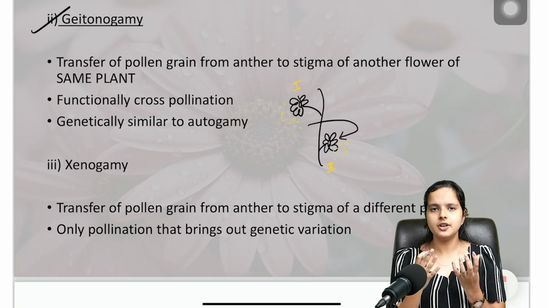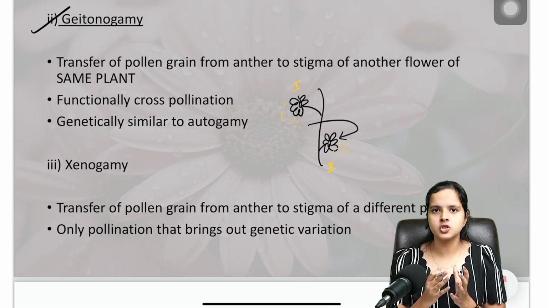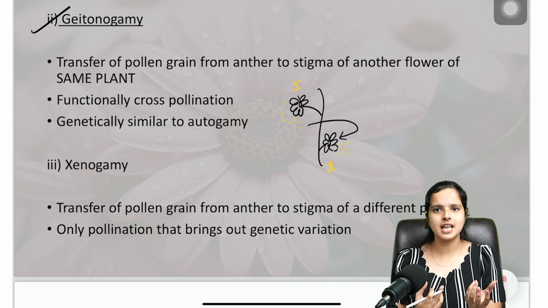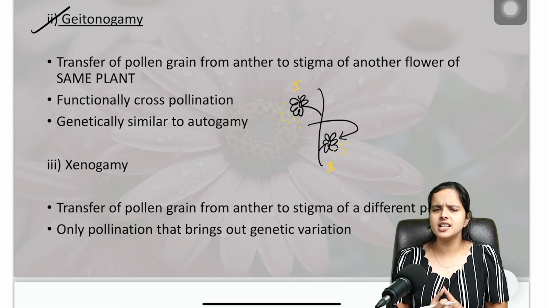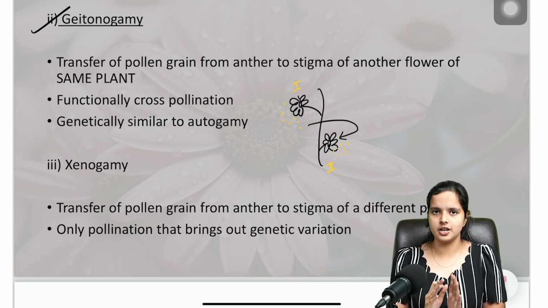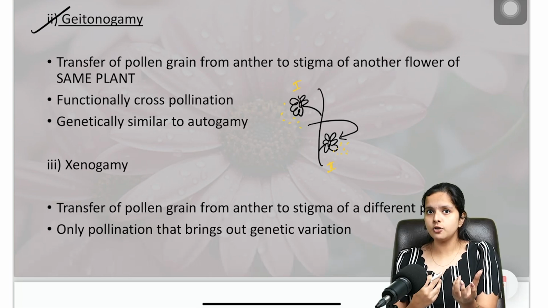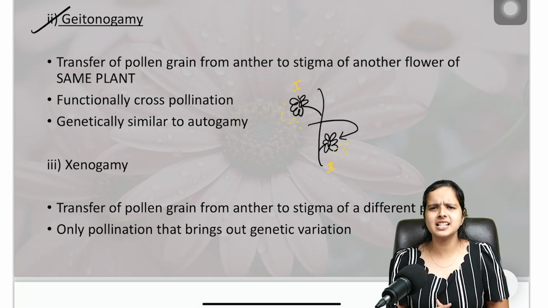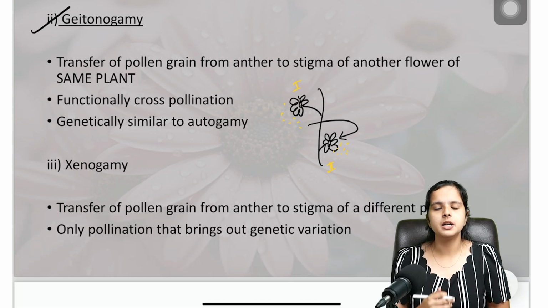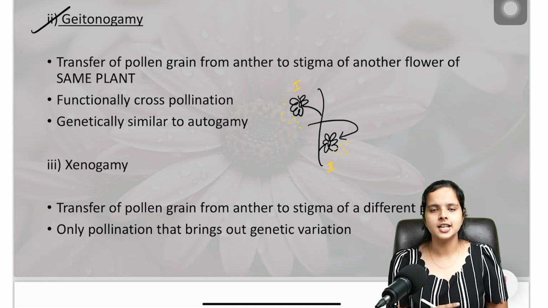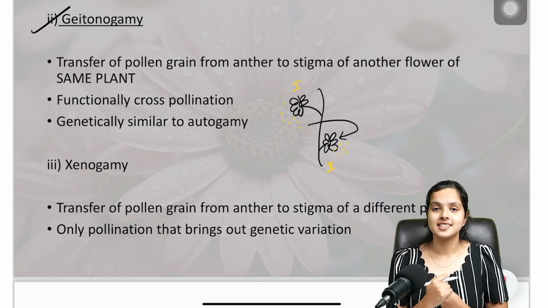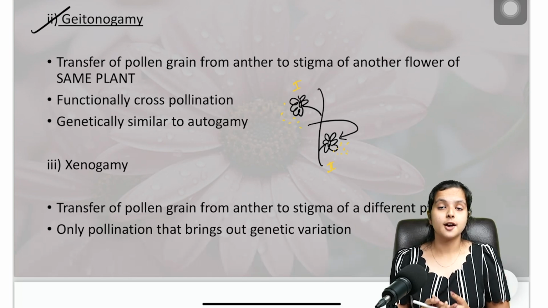So by function, what do I mean by function it is cross-pollination? Transfer of pollen grain from anther to stigma is happening between two different flowers. So hence we can say functionally it is cross-pollination. The function that is happening over here is a transfer, and the transfer is happening between two different flowers, right? So we can say it's functionally cross-pollination, but it is happening within the same plant, right? So genetically it is autogamy, or self-pollination. So we can say that functionally